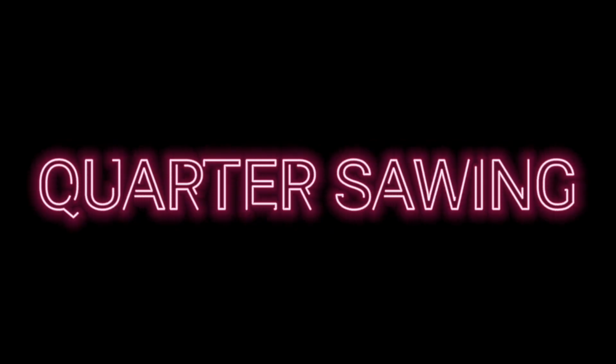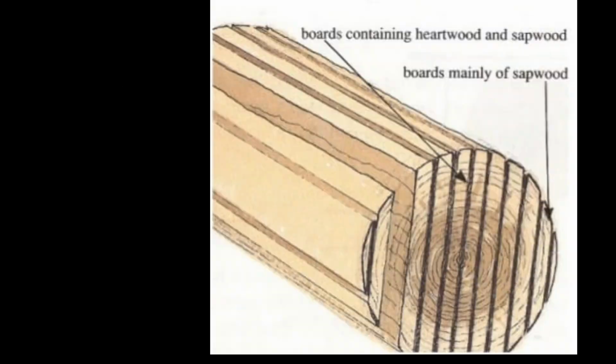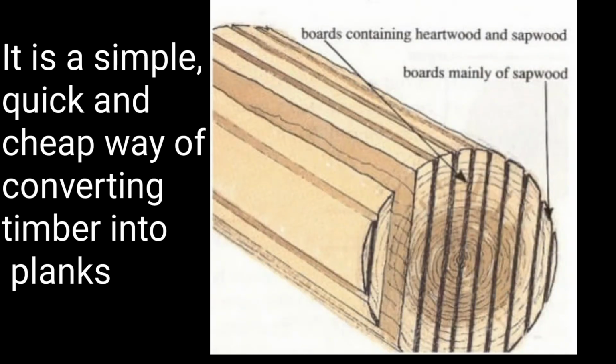These are plain sawing and quarter sawing. Plain sawing. This is the process of sawing or splitting logs of timber along parallel lines through and through. It is also known as tangential sawing. Many timber operators prefer this method because it is a simple, quick, and cheap way of converting logs into planks